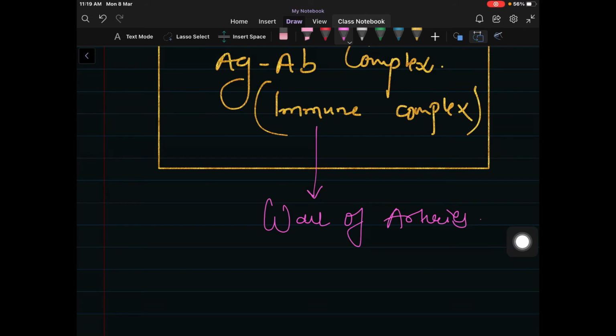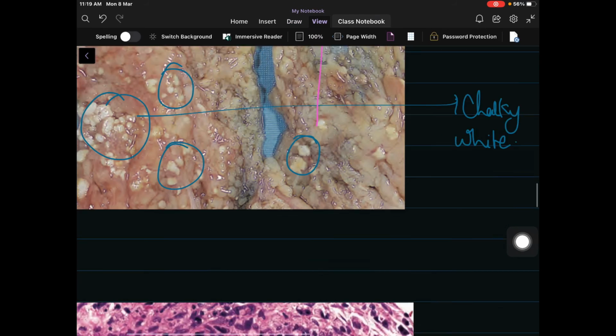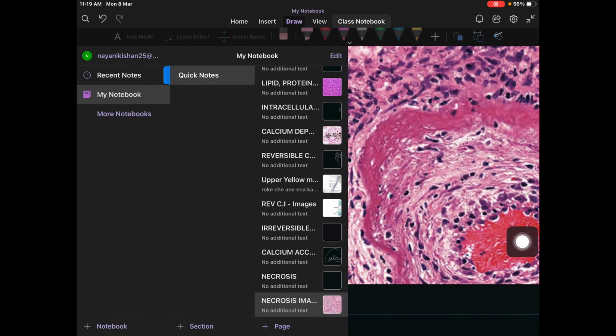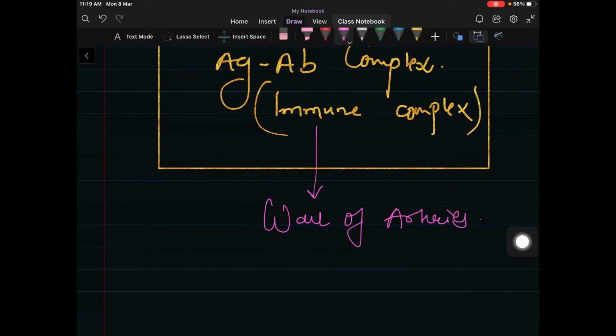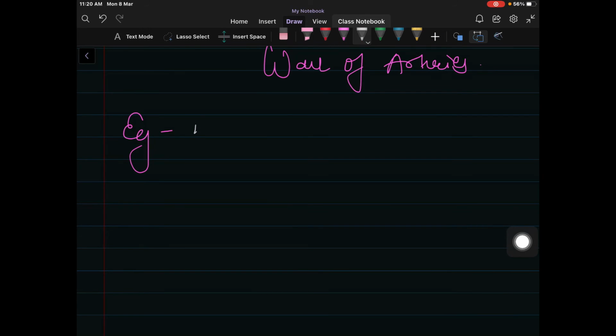Let's check with the pictorial representation, then we will move towards the examples of fibrinoid necrosis. So here we can see the antigen antibody complexes that get deposited within the wall of the arteries. Let's check with the examples of fibrinoid necrosis. Generally, fibrinoid necrosis can be caused in case of the